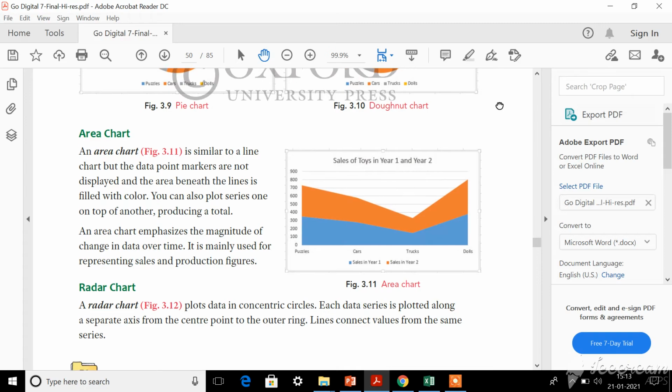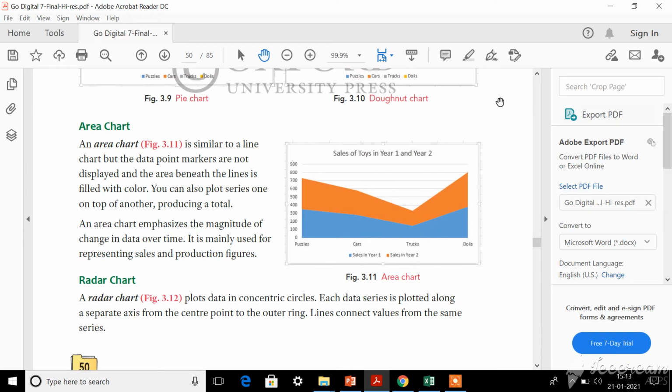Now the next type of chart is area chart. From the name itself you can identify that it is used for identifying the area. So when you compare two different data series, like year 1 and year 2, when you want to analyze the toy sales, it will cover the entire area.